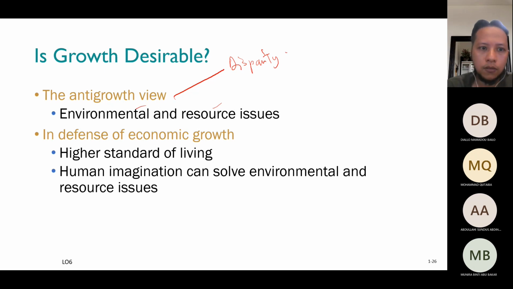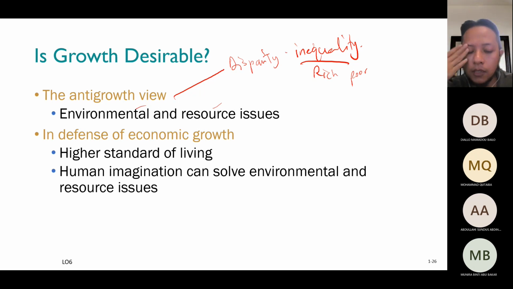Okay, sorry, so this basically relates to disparity and inequality. Although there is growth, there is also inequality in terms of the gap between the rich and the poor. With growth, especially in the capitalist system, there's also a very big gap between the rich and the poor, and it doesn't address the issues, especially for the most vulnerable in the society. However, when you look at the arguments for growth, in defense of growth, overall, when you look at the statistics,